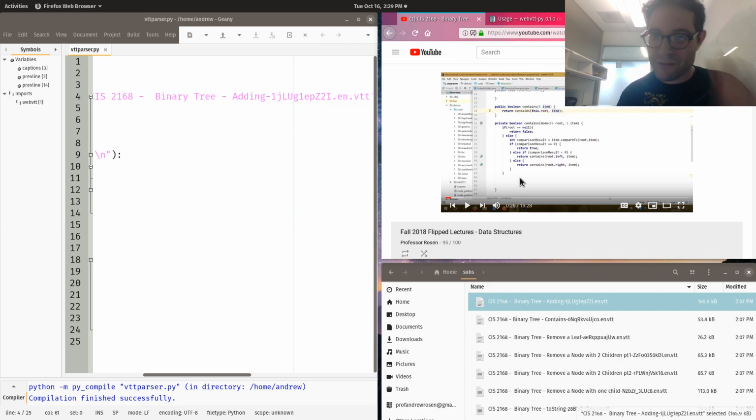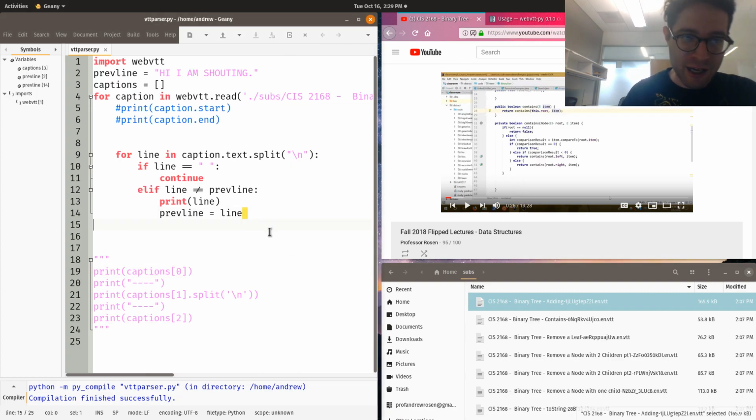Now, of course, that's just printing it out, which is kind of less than useful right now. So now what we have to do is